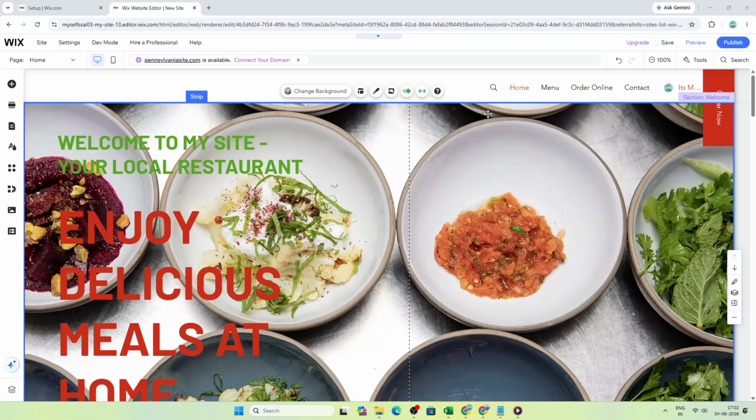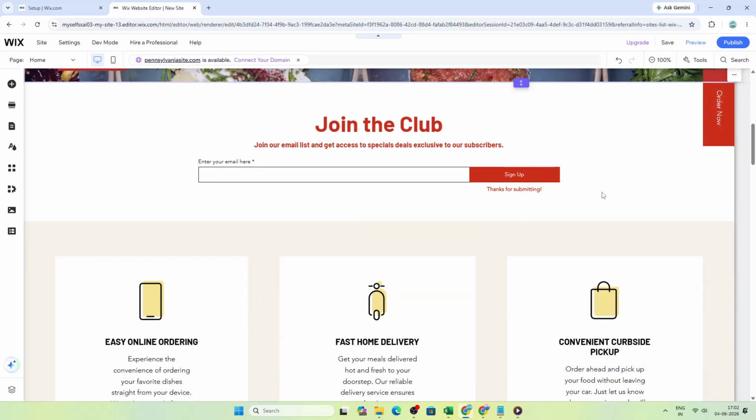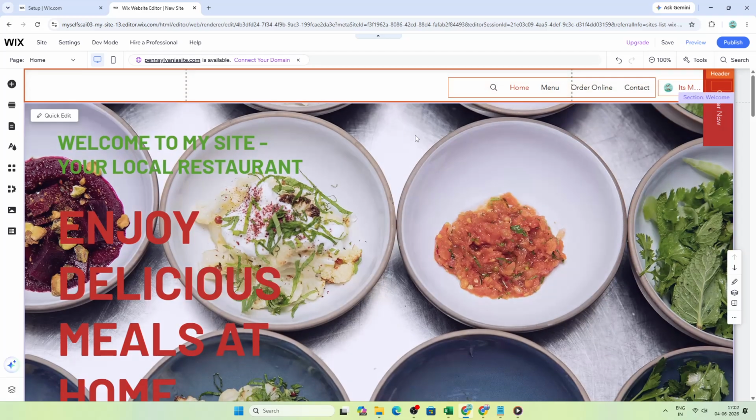In today's video, I'm going to teach you how to hide the header and footer on your Wix website. If you want a cleaner look on a specific page, or you are creating something like a landing page where you don't want visitors distracted by extra navigation, Wix makes it very simple to remove both the header and the footer from that page. I will walk you through exactly where to click, so you can make this change quickly